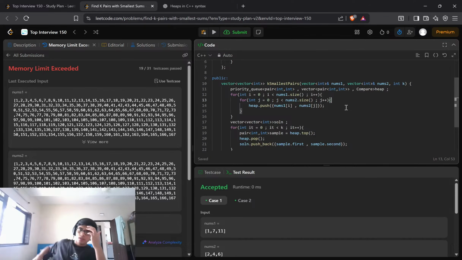While pushing, right? Not decreasing. So I'll just push it in a way like